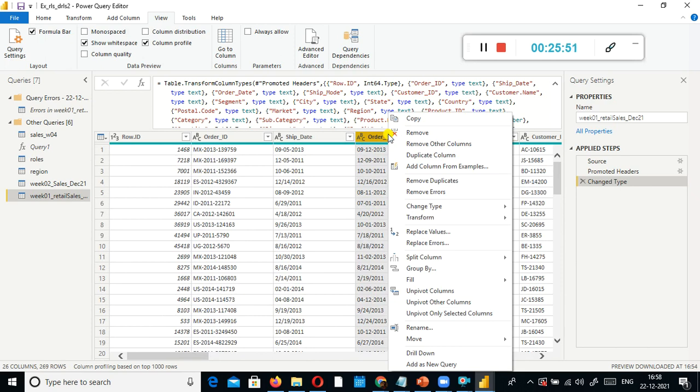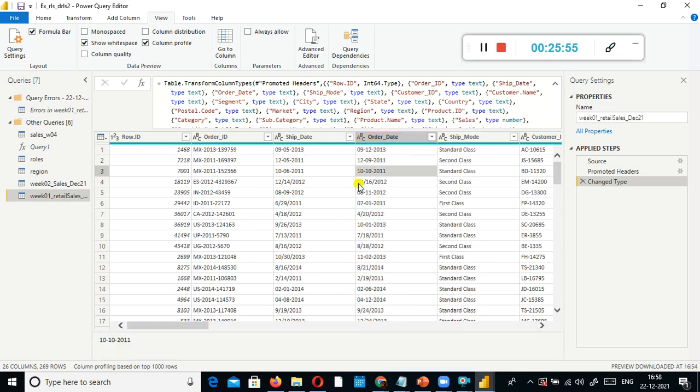So in that case, right click on this. First step is you need to change the delimiter consistently. You need to make sure that the delimiters are consistent, but in our case it is not. We have a mix of hyphen and forward slash. So what I have to do now is either replace the forward slash by hyphen, or replace the hyphen by forward slash. Just select somewhere in the middle, not at the ends.